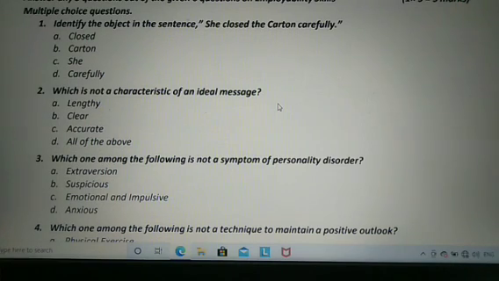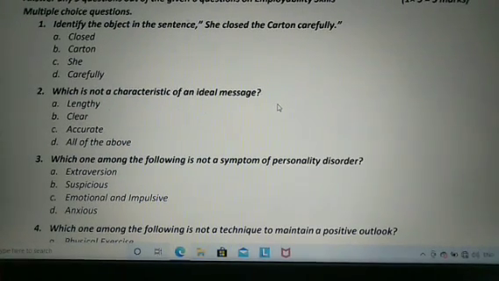Question number 3: which one among the following is not a symptom of personality disorder? The options are extraversion, suspicious, emotional and impulsive, anxious. Option A is the correct option.